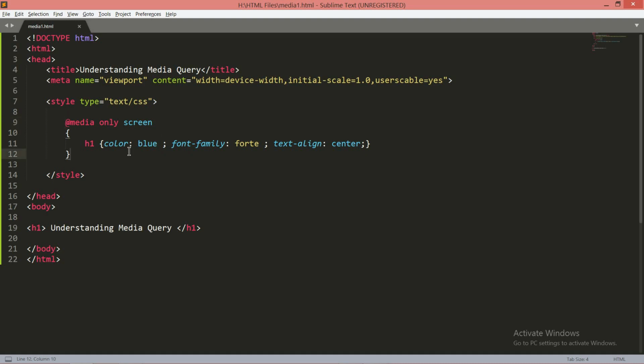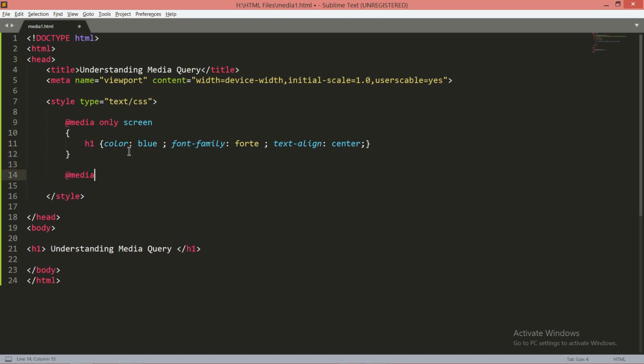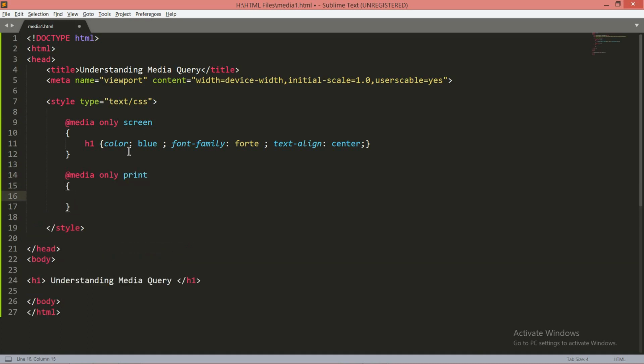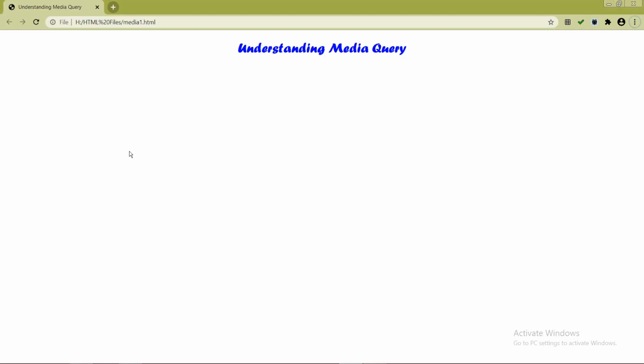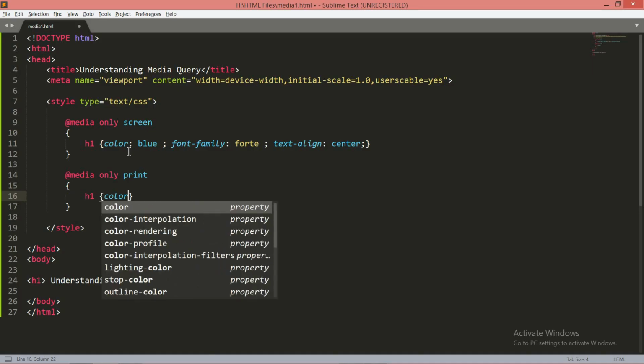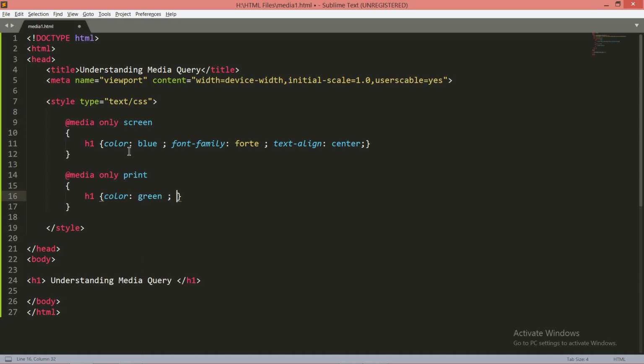Now I say @media only print. It means whenever I want to get the printout of this particular page, what properties do I want to set? I want to set the h1 color to green, the font family to Comic Sans MS, and the text alignment to right.